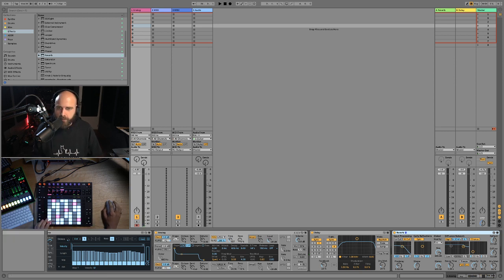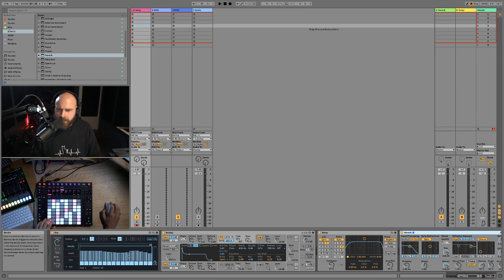Not sure where we're going with this, but let's actually just delete a few of these notes. So the beautiful thing about the ARP effect is that we have these 16 notes down here where we can eliminate some of these as we go along. So we can actually select what actually goes through. We're not actually going to send the full 16 notes through here. So we'll delete a few of these.